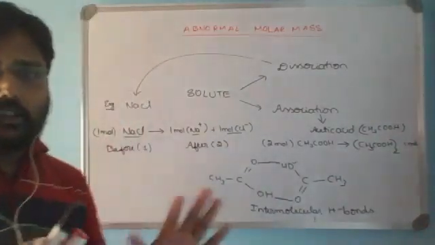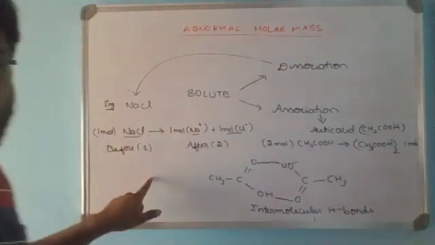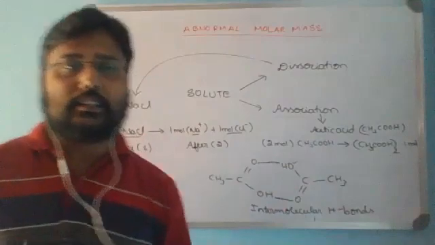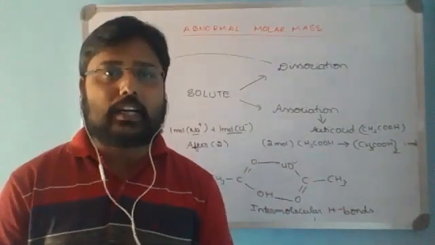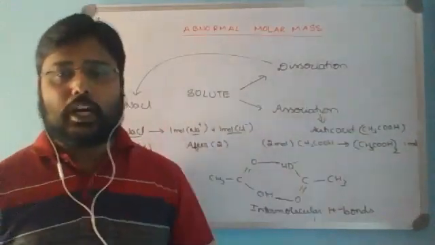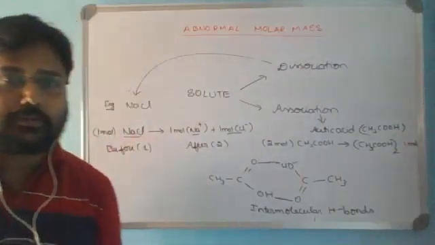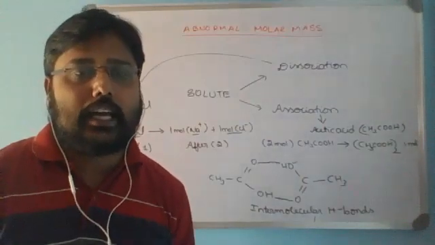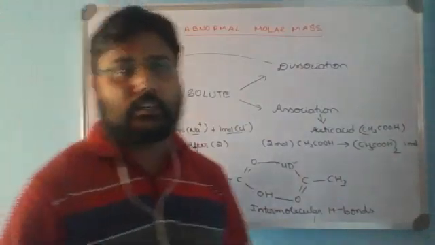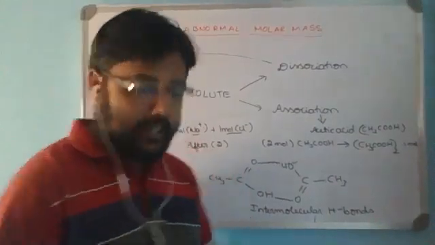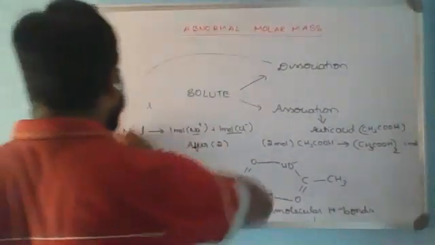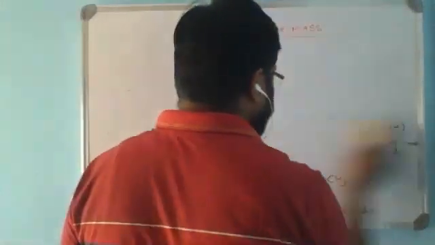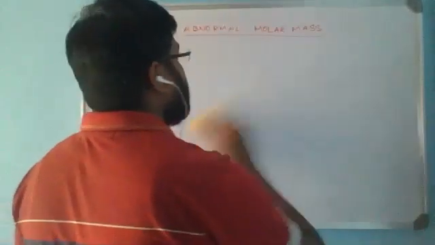I hope the concept is clear. So either the dissociation of the solute or association of the solute is the main responsible factor for observing abnormal molar masses in the solution. Now, by knowing the Van 't Hoff factor as a correction term, we'll observe how we can relate it to the colligative properties calculation. We'll try to observe what exactly the Van 't Hoff factor is, and how it is helpful in the calculation as a correction term.